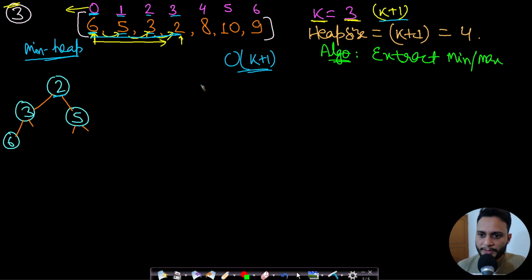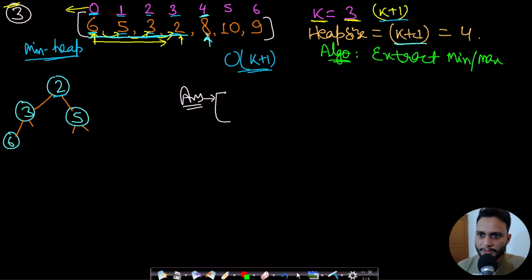And now what we will do is we will take an array. This is our answer array, which will be storing the resulting array elements in ascending order, right? We will be processing this element now. So we are at index 4 because we have inserted all these elements. Now the heap is full. Heap was of size k plus 1. This was our heap size.